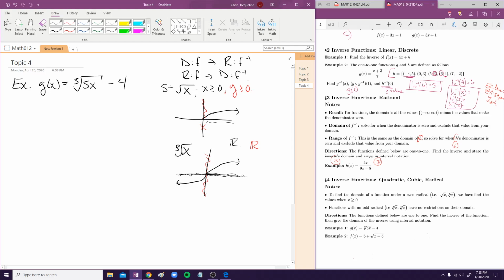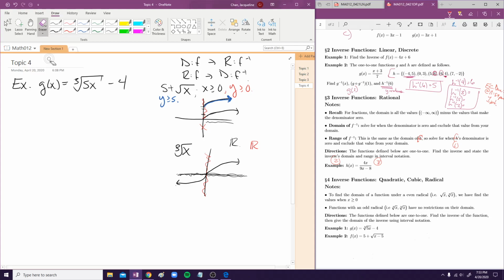So say if it's +5, then it's going to go up 5 units, right? So then our domain, let me do it in blue, our domain, or sorry, not our domain, our range, would be y greater than or equal to 5, right? So keep in mind with all of these,